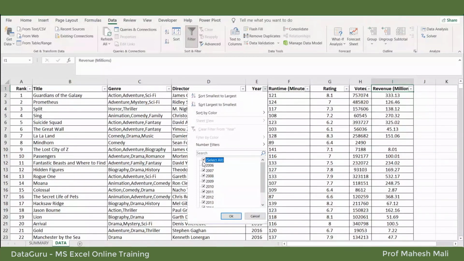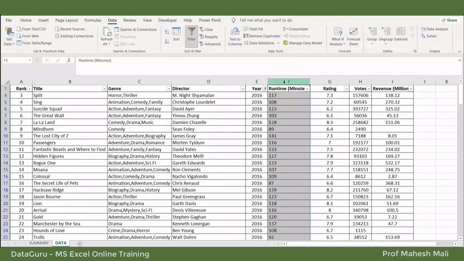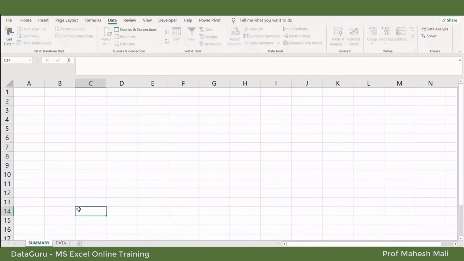So just to put a filter, 2016. I'm going to calculate only for this much. We have around 300 movies released in 2016, and I'm going to calculate the revenue by their directors. So let us start. Always remember, when we are creating dashboards, we keep all our data on one tab whose name is Data, and the first tab is called Summary, or you can also call it a dashboard.